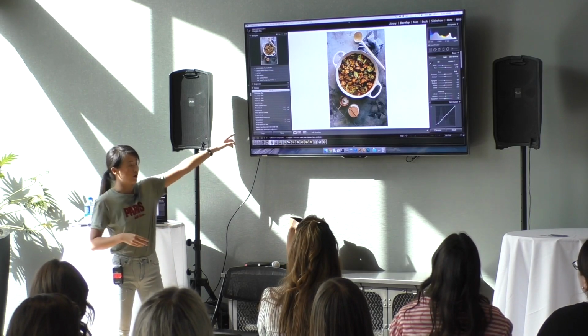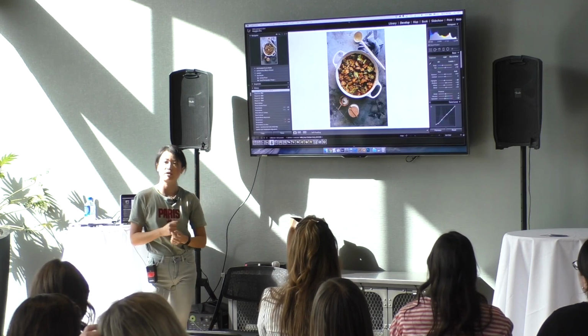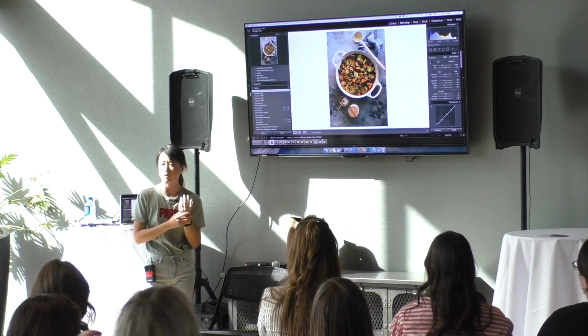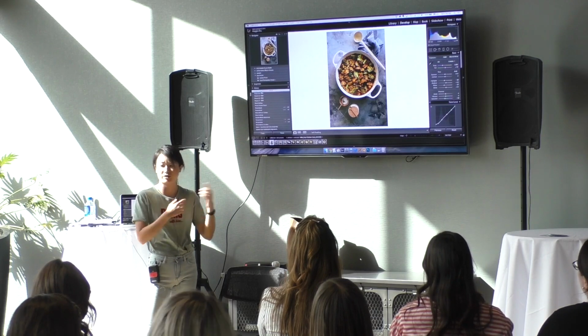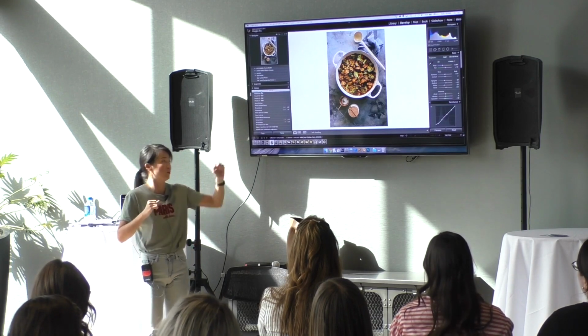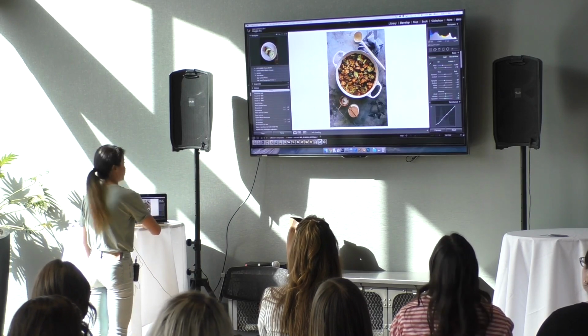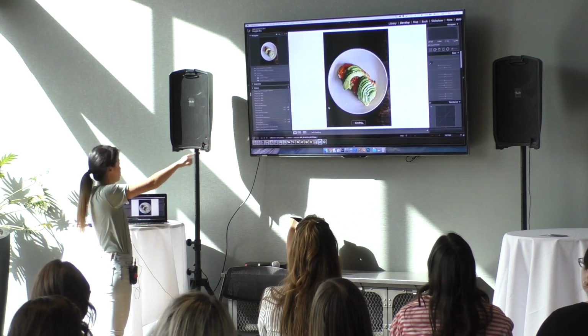But the thing is, you really want to pick some of your photos, I would say the food that you make the most. For me, it's savory food, or food with different colors, like a salad. It's very obvious when you try it on this. Like this is avocado toast.